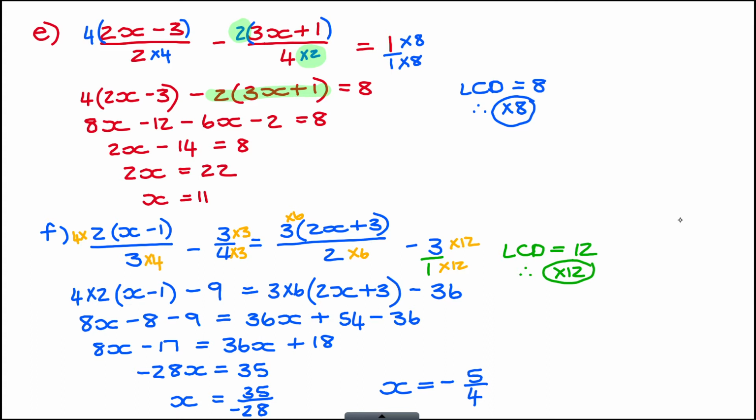Okay. But then over here, I had to multiply with 8, and if I do it at the bottom, I must also do it at the top. So that's going to give me 8. Now from there, I'm going to multiply in. So 4 times 2x gave me 8x. 4 times minus 3 gave me minus 12. Then minus 2 times 3x gave me minus 6x. And minus 2 times 1 gave me minus 2. From there, it was normal: taking unknowns to the left, normal numbers to the right,